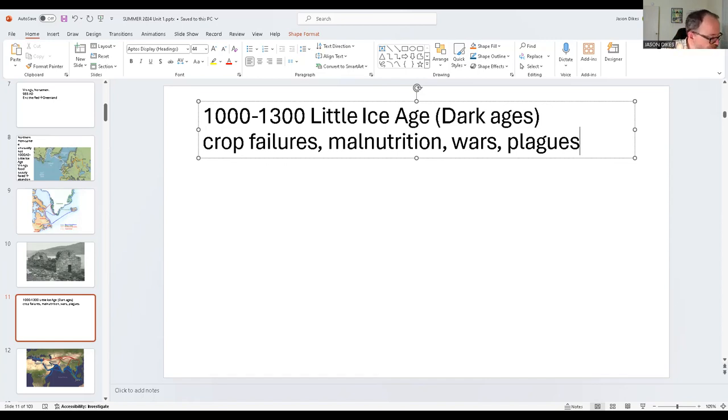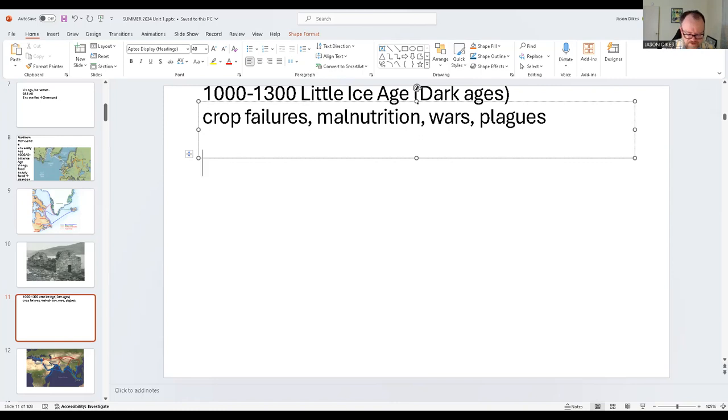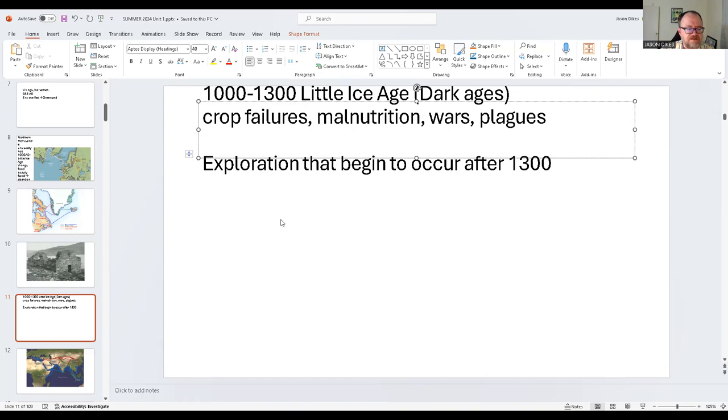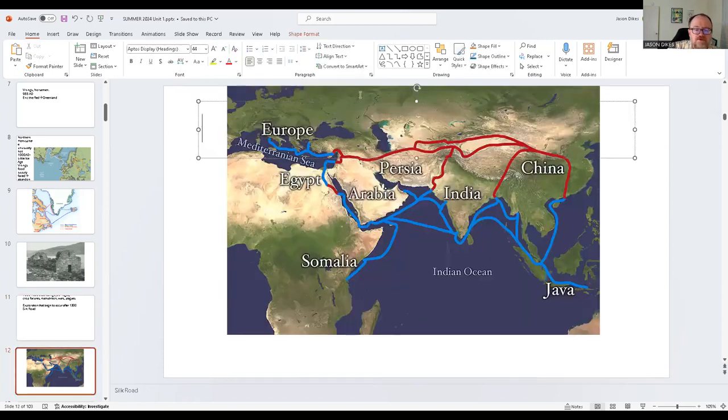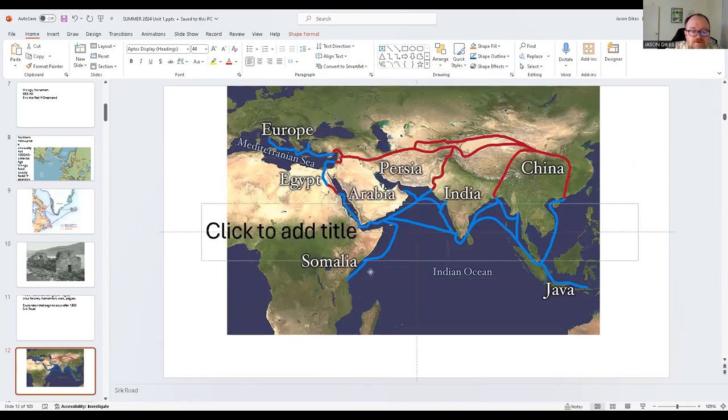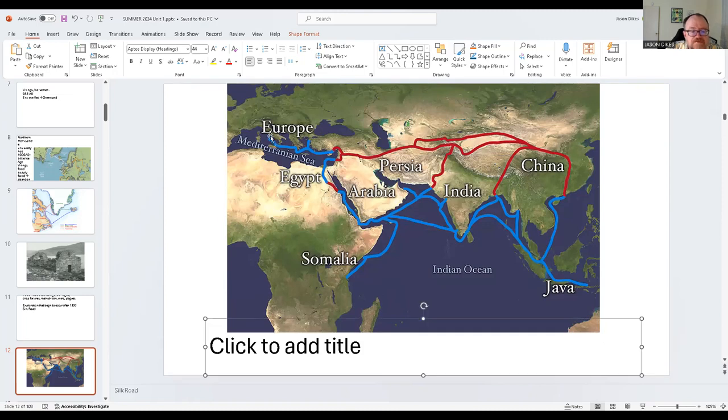During that period, there were some advancements as we came out of the ice ages, the Little Ice Age. There was some exploration that began to occur after 1300. In particular, there was the Silk Road. This is the Silk Road. It's a road running from Italy